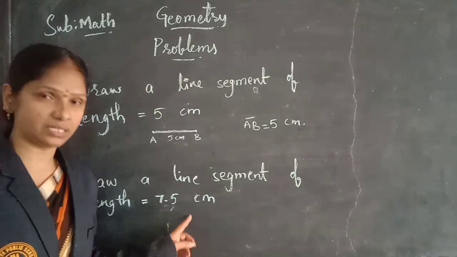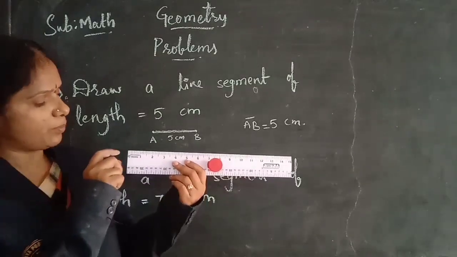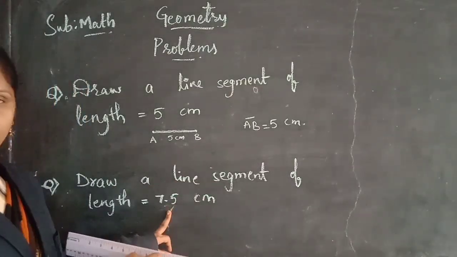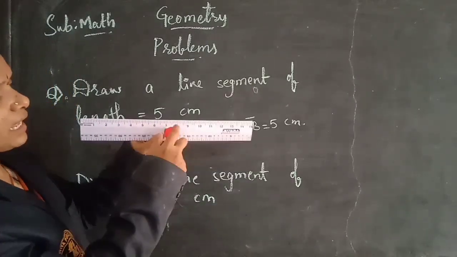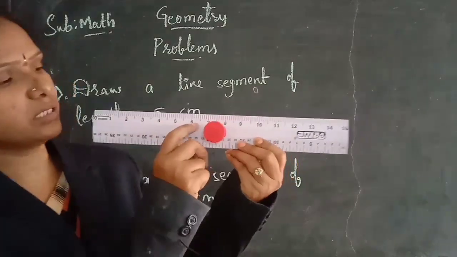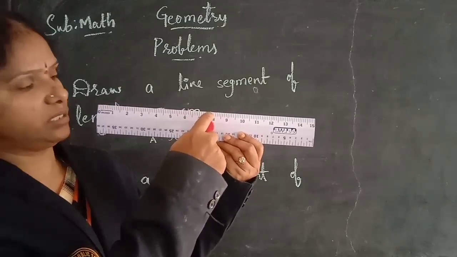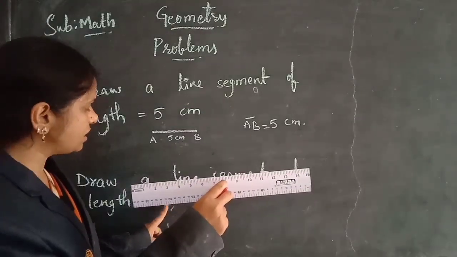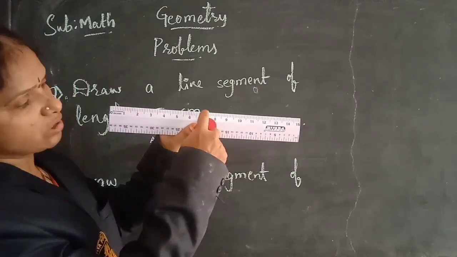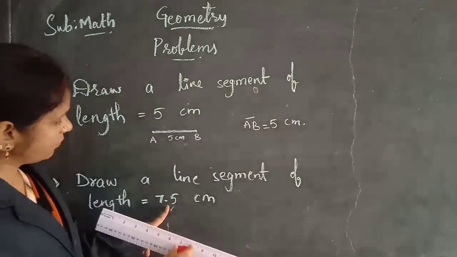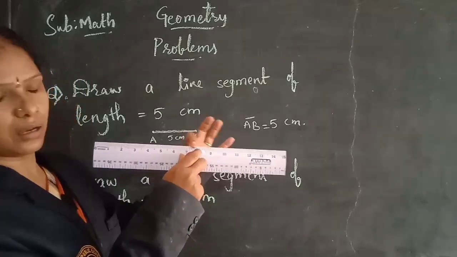7.5 centimeters is a decimal number, children. For a decimal number, how you can mark it: always the first endpoint at the 0 and the second endpoint on the given number. So the given number is 7.5. Here you can see, children, between the numbers 7 and 8 you have small lines, which are millimeters. It means 7 centimeters, 5 millimeters. So between 7 and 8 you have small lines. The number after the decimal point, the 5, you should take in the place of small lines.